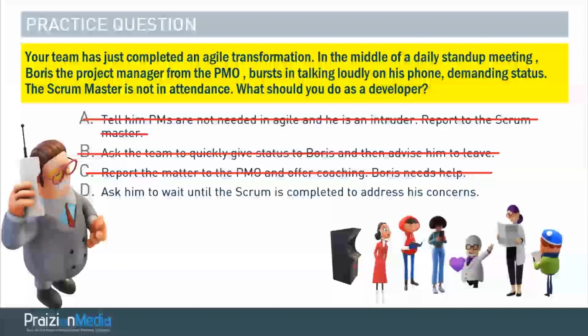And that is why it could be very tempting to want to go with A and want to go with C. But the right response is to address his concerns, ask him to wait until the daily Scrum is over. There's nothing wrong in that. I know he shouldn't have been in attendance in the first place, or maybe he should. We don't know. Maybe he was invited. We don't know. It says he burst in on his phone, or who knows? But anyway, the most respectful and proactive thing to do when you have someone in authority burst into your daily Scrum, interrupting, you ask them to wait. That's the most respectful thing to do.